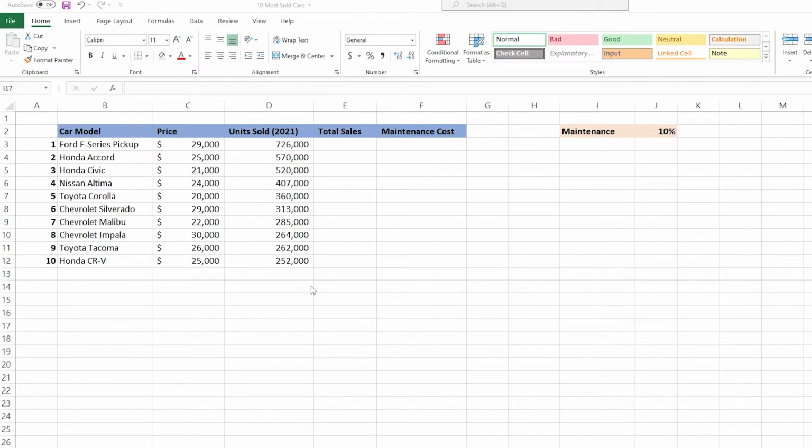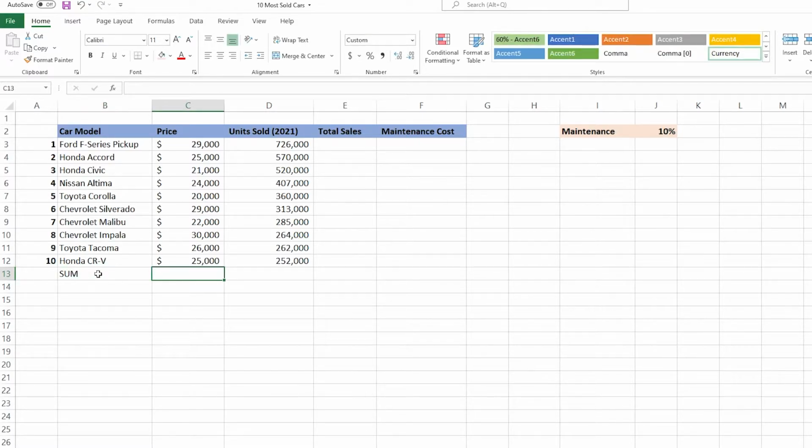So first of all, let's talk about relative cell referencing. That's probably the referencing that everybody is most familiar with. It's the most intuitive and easy to use. So let's say that I want to have a sum of all of these prices, and I also want to have a sum of the units sold in 2021 and so forth. So I can create here a formula